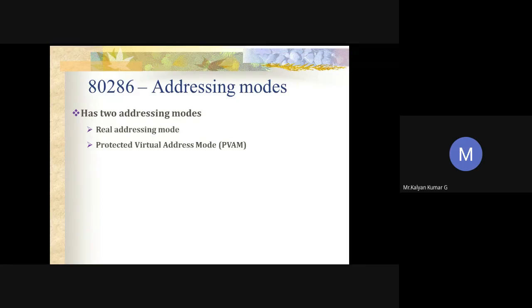So one will be your real address mode, and the second one will be the protected virtual address mode, PVAM. These are two different modes available in the 80286 processor. So what do you mean by real addressing mode? In case of your real addressing mode